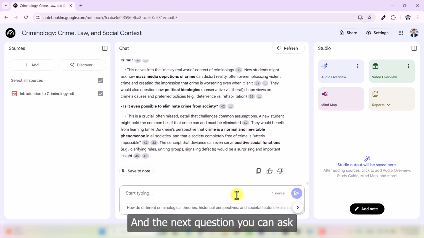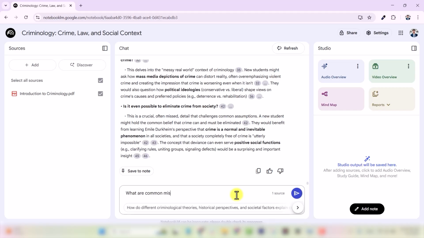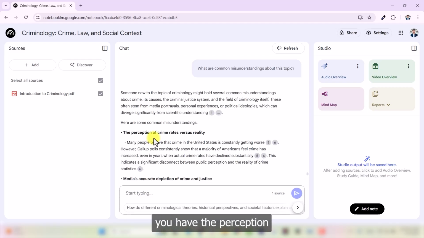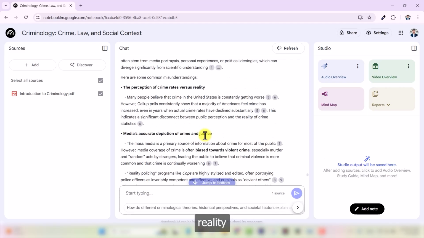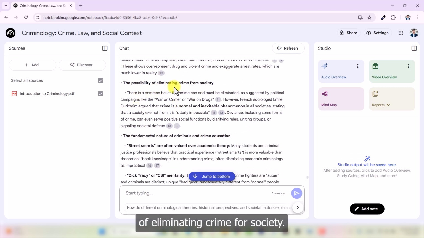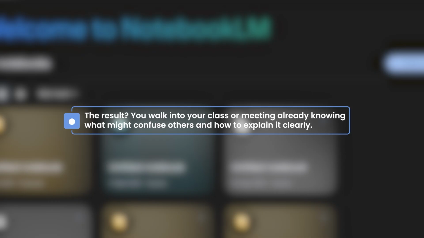And the next question you can ask NotebookLM is like, what are common misunderstandings about this topic? And press enter. So here you can see you have the perception of crime rates versus reality, and media accurate depiction of crime and justice, the possibility of eliminating crime for society. The result: you walk into your class or meeting already knowing what might confuse others and how to explain it